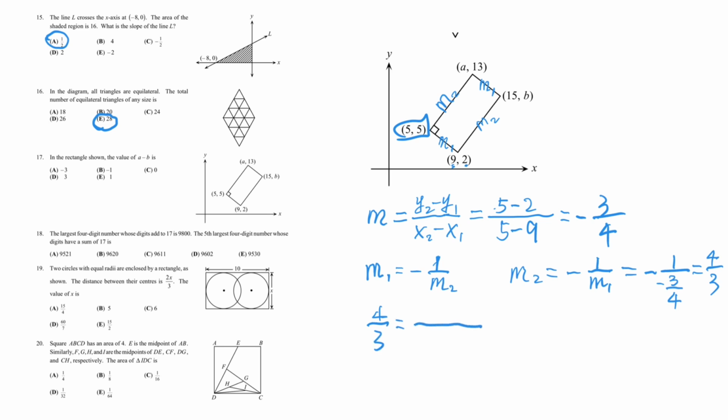That's the rise over run. So that's y2, 13 minus 5 over a minus 5. Cross multiplying, we have 4 times a minus 5 equal to 13 minus 5, which is 8. 8 times 3, that's 24. So a minus 5 equals 6. A equals 11. So when A equals 11,